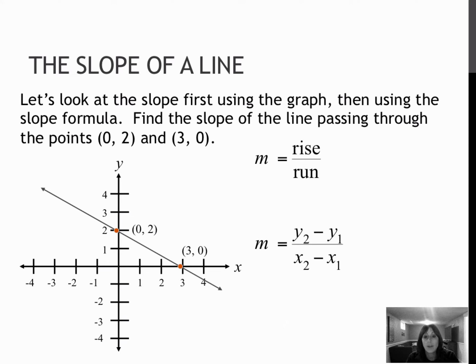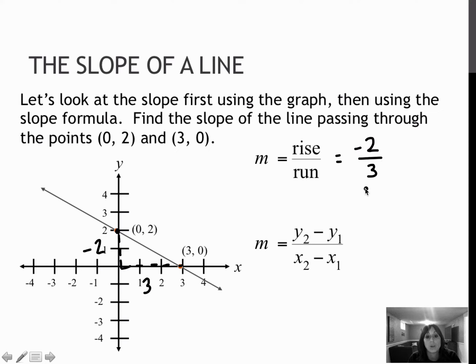So we're going to practice finding the slope on an actual coordinate plane. First, let's do it the same way we did last time, using that rise over run. Choose a point to begin with, and it doesn't matter which one. I'm going to choose this one. To get to the point 3, 0, not as the crow flies, but if I had to drive a car to get from here to here, I would have to go down 2 units and to the right 3 units. So the rise is actually a negative rise because it's a fall, and the run is 3,